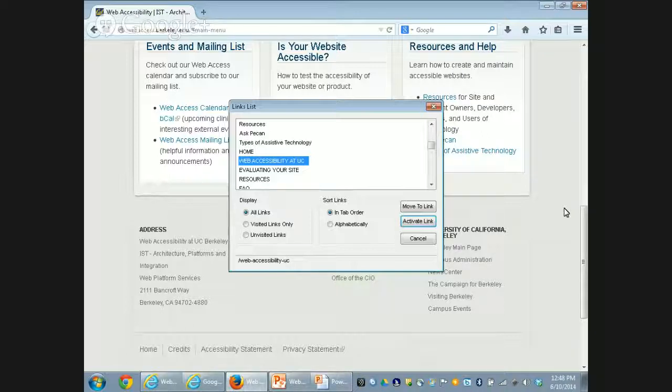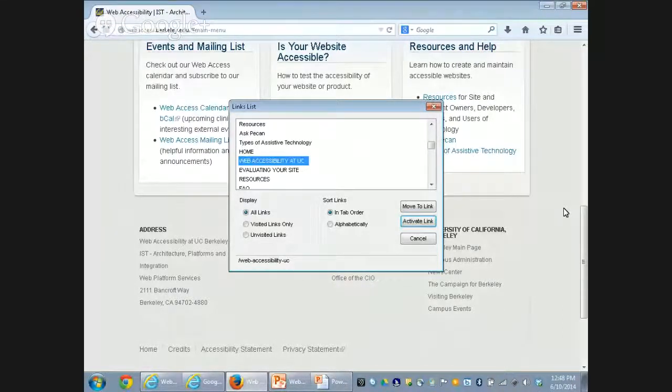So don't use click here's. Try not to use mores. And put the information to the front, because again of that first letter protocol. One of the other things is we could have said, you know, UC Berkeley web accessibility, UC Berkeley this. Then how would I have gotten to the web accessibility link? I would have had to